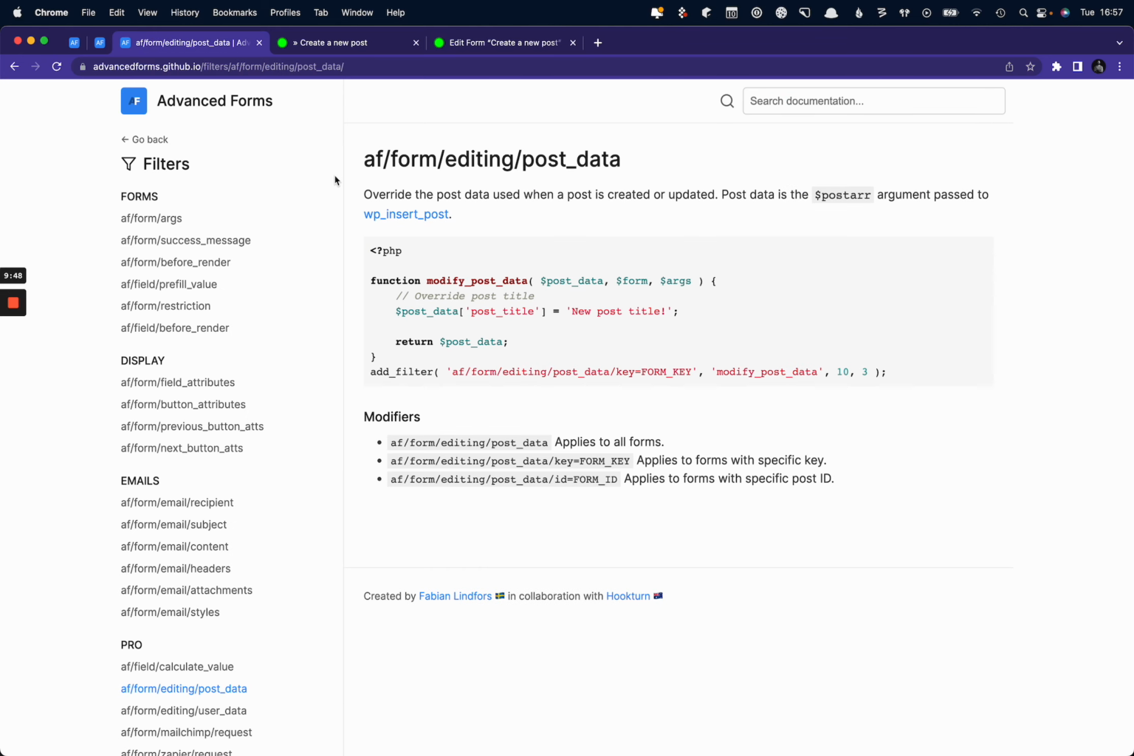So we've got this filter called af/form/editing/post_data, right? Or post data, depending on where you're from, I suppose. Essentially this filter allows you to modify the post data before a post is created or updated. And if we go and have a quick look,